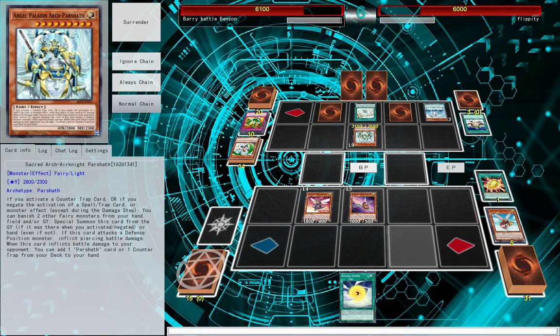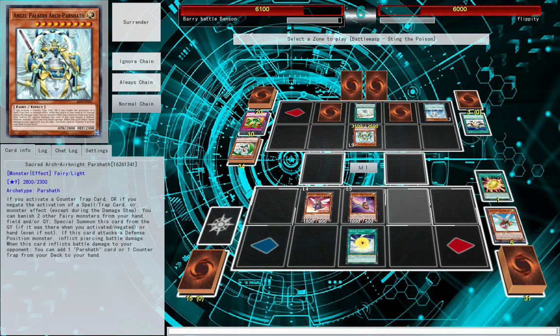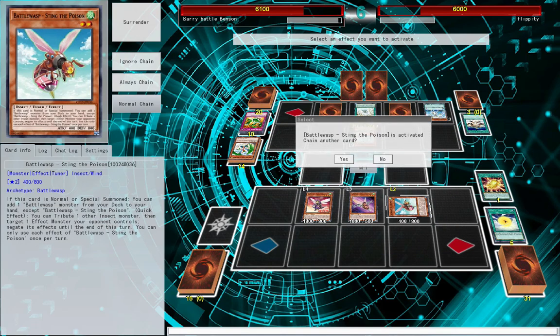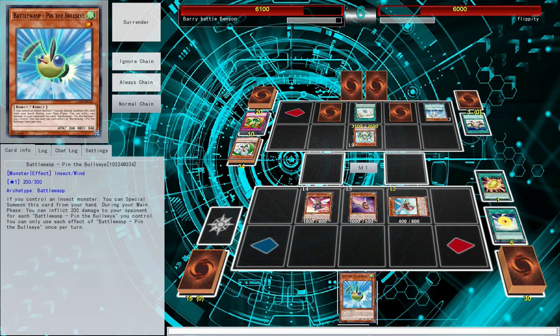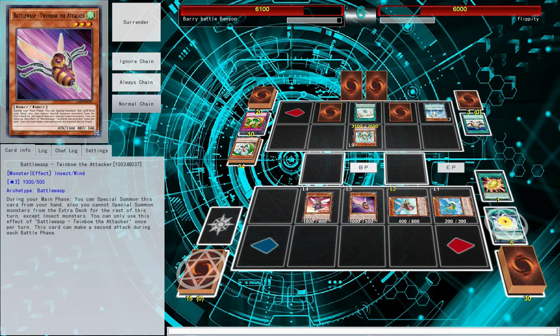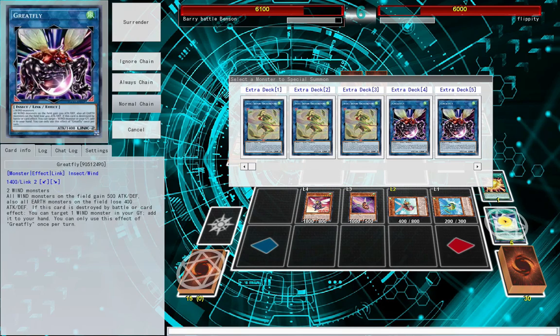Thankfully it doesn't really do much on the field now. I think we can do something, as long as our revival swarm doesn't get negated. Yes. No. Okay, so we'll get Pen. Special summon Pen. No. He doesn't have anything that can really stop us here, so... Sorry,